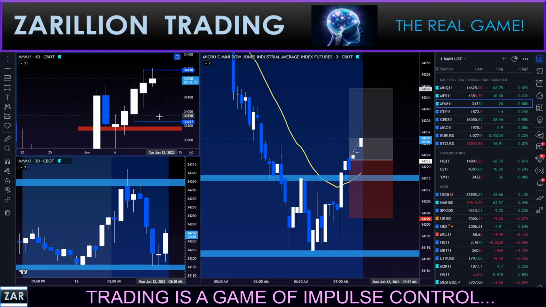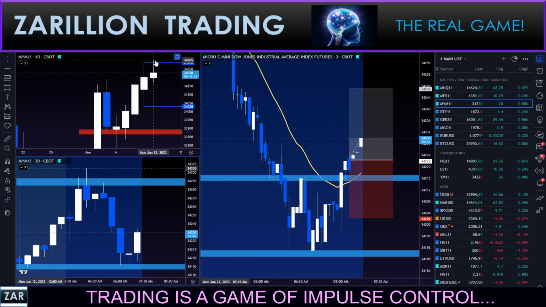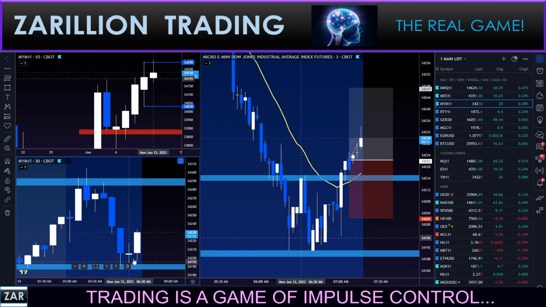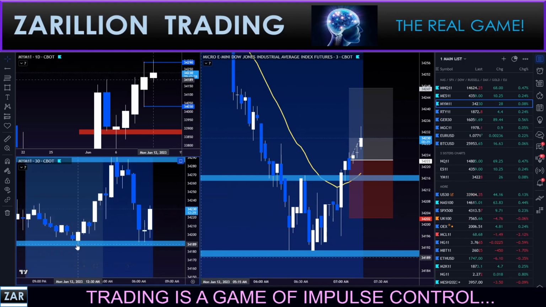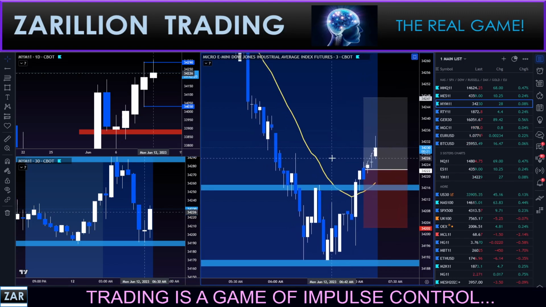But now we have a white body on the current candle, and white is an update for my candle coloration. And then we have this pullback. So the rejection of that wick there is this pullback you see here to support, and then rejecting. Doji candle, indecisive, and then a break above. And that's kind of where we entered. We entered a little bit later than that, but that's okay.